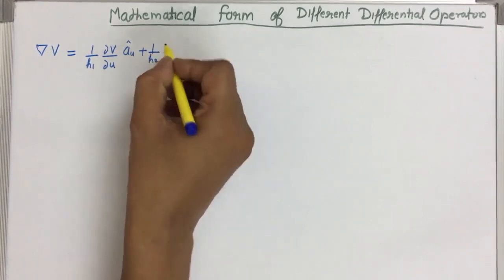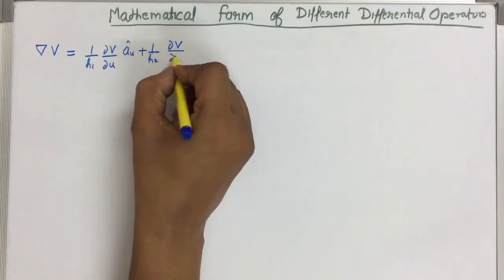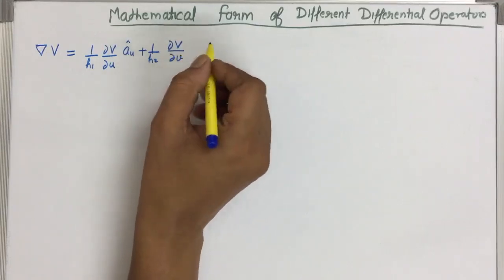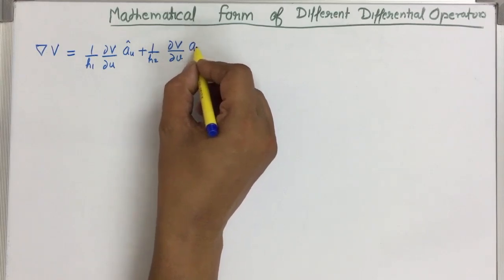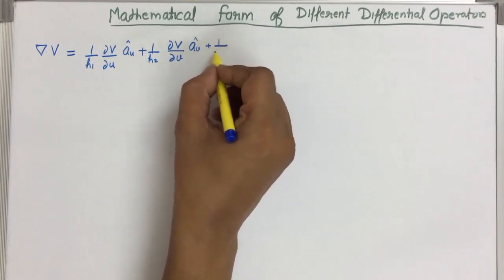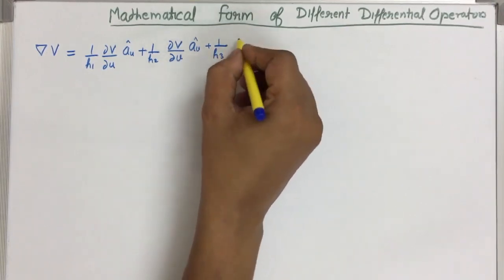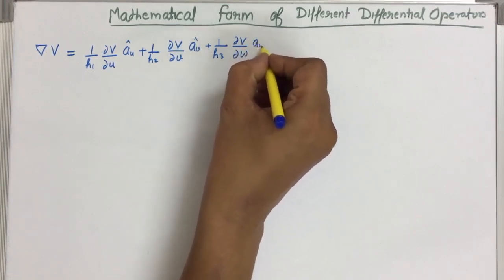Plus 1 by h2 dv over dv, small v, in the direction of a_v cap, plus 1 by h3 dv over dw in the direction of a_w,